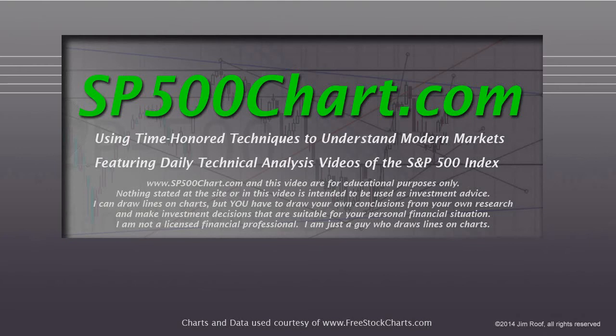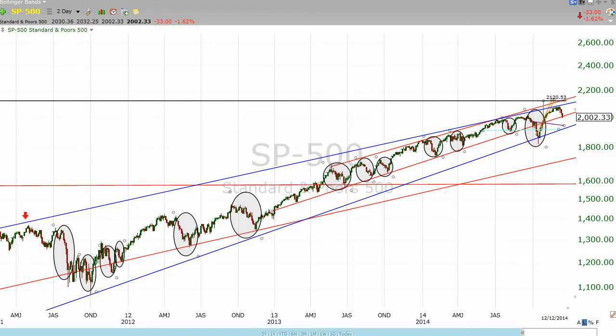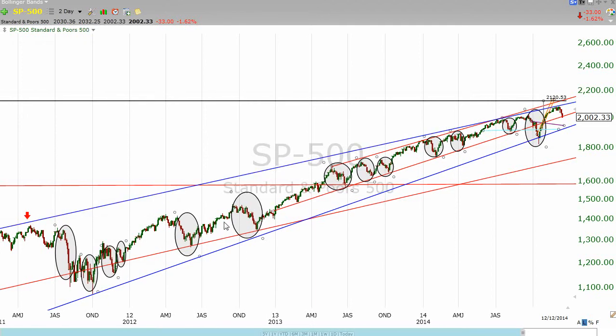So let's take a look. Okay, we're starting out with a 2-day chart. And what is a 2-day chart? Well, that means each candle that you see on this chart is 2 days of trading, plain and simple. You'll see a bunch of ovals, and these ovals represent